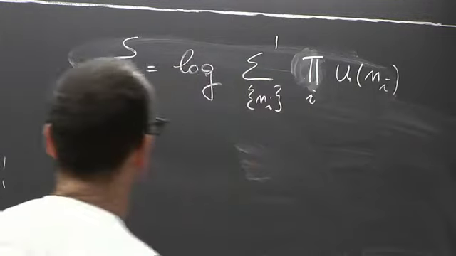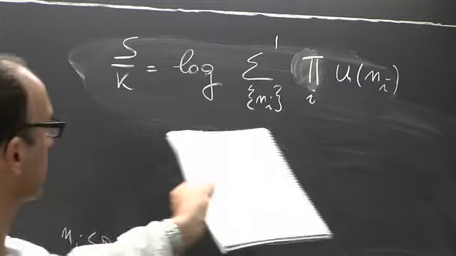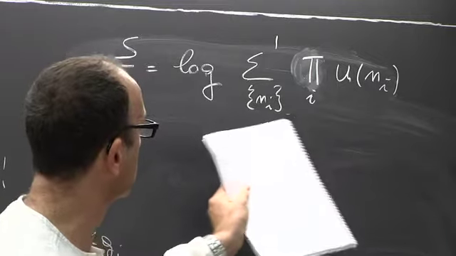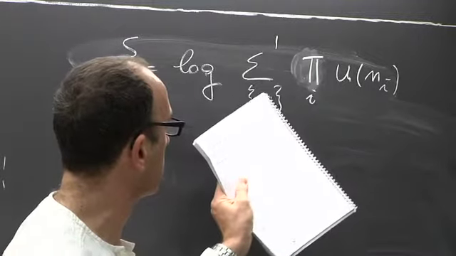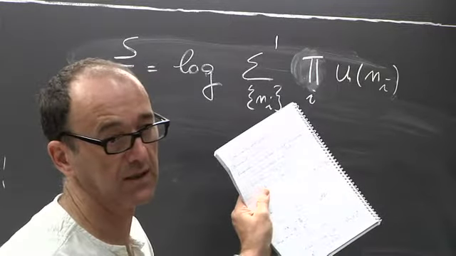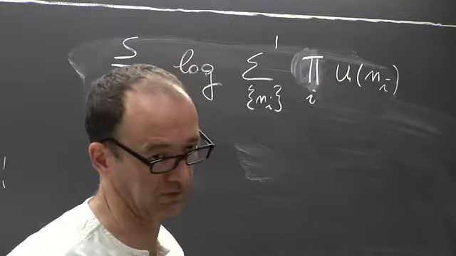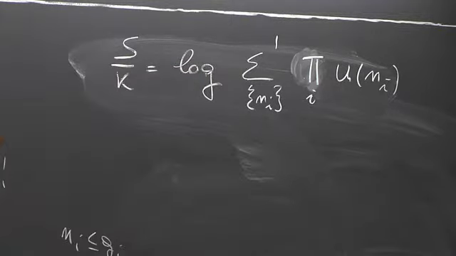Okay, so what I want to do today is to first derive the entropy by assuming that we can approximate this sum by the largest possible term. And then we are going to show in a different way that this approximation is really correct. Okay,